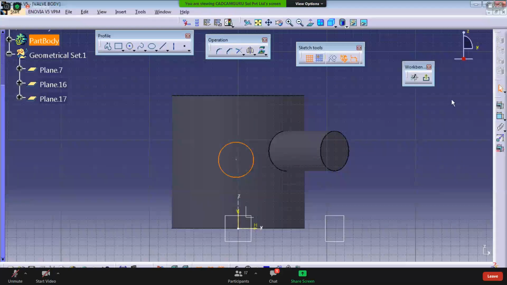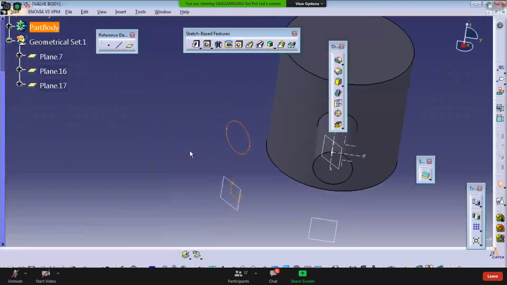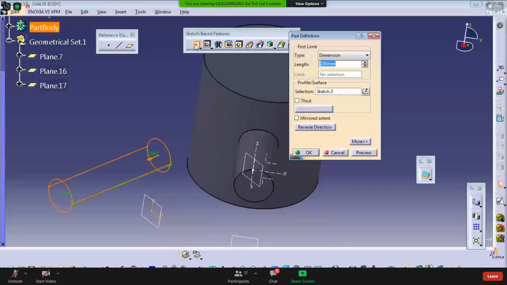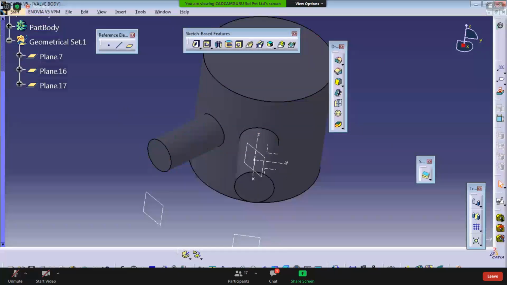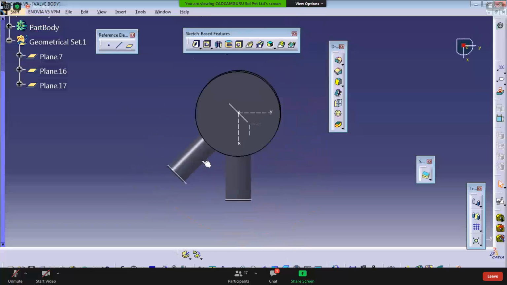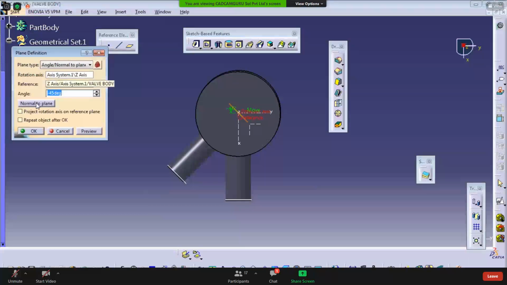Draw a circle, whatever its size, I'm not defining that right now, and add a material to it. But in the reverse direction, up to next feature. So click on OK. Now you see it from top view, how it looks. So this another extruded boss is created at 45-degree angle. If you want to change that angle, then double click on this angular plane and define that angle to -60.